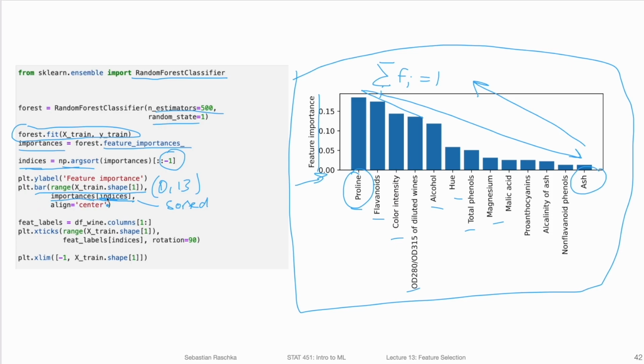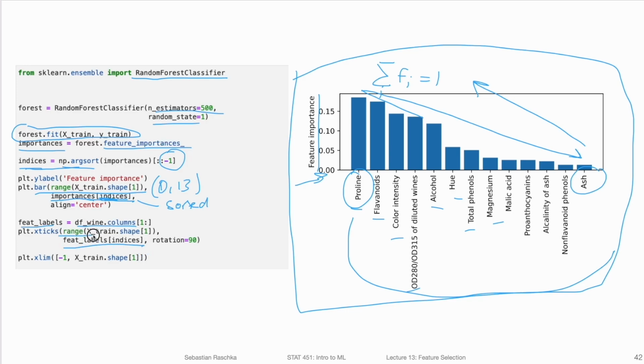Why did I use these indices here and didn't sort directly? That's because I also want the feature labels in the right order corresponding to these bar plots. So I'm getting the feature labels, which are just the columns of my pandas data frame. Once I have that, I'm using my indices here to get the labels, right?